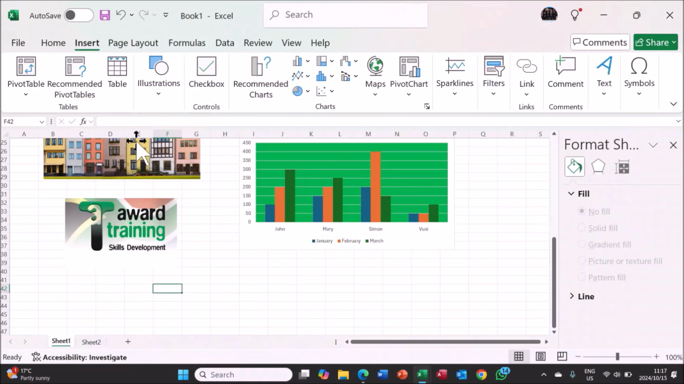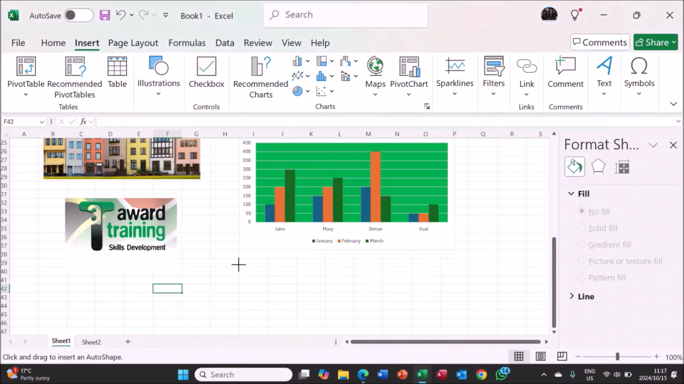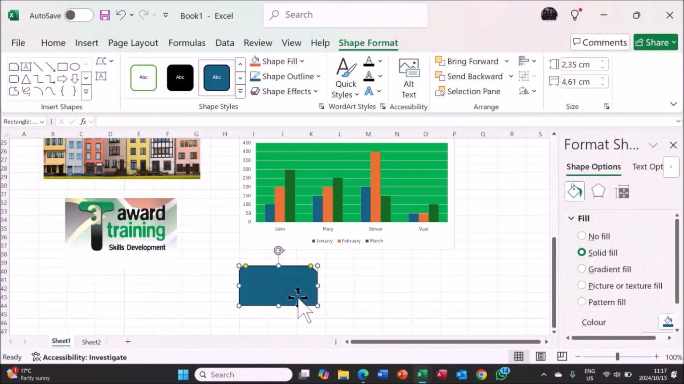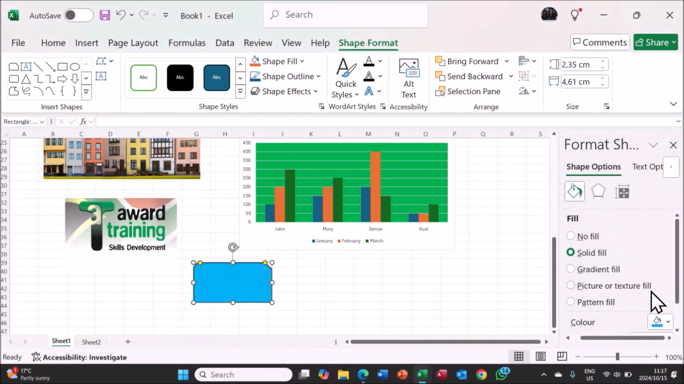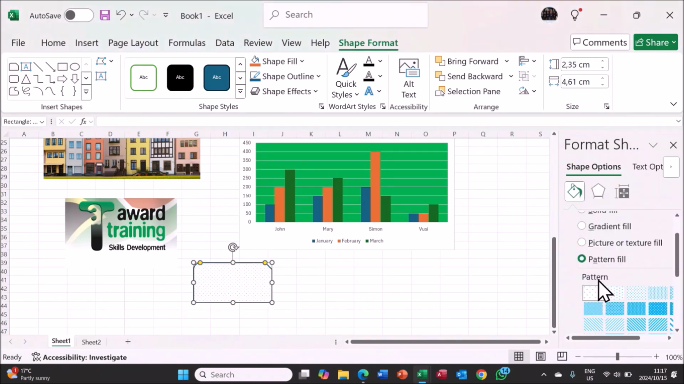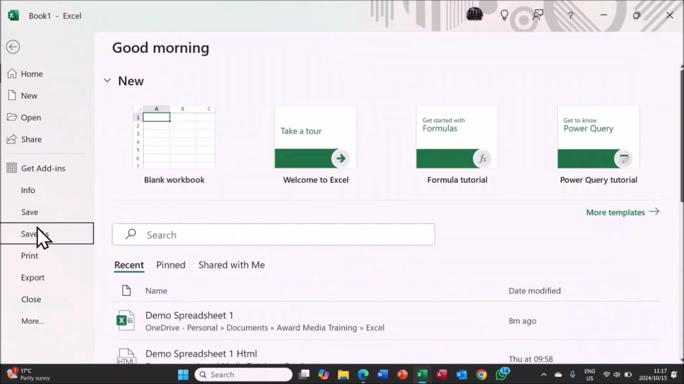If we'd like to insert a shape, we can go to Illustrations, Shapes, and we can choose to draw our shape. So we can choose a shape, maybe a rectangle, and we can choose to draw it. We can then change the color to what we would like it to be, maybe a light blue or a pattern fill. Once we are happy, we can File, Save As,